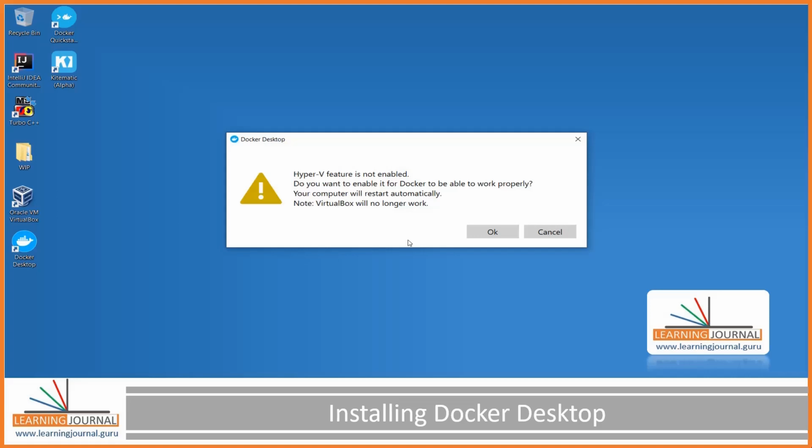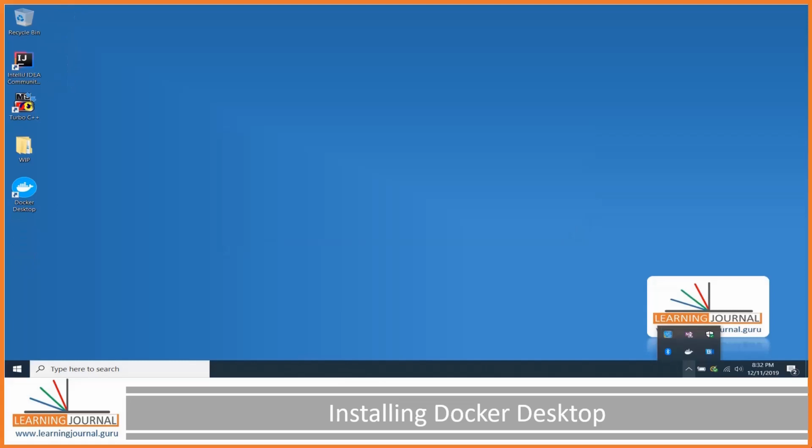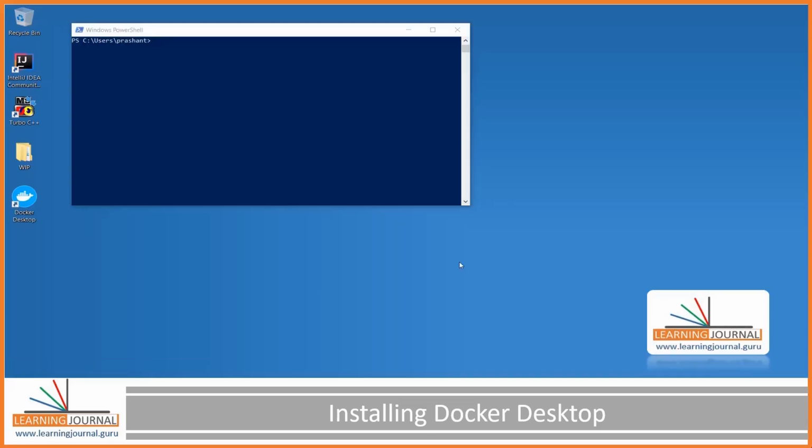Go ahead and press the OK button. After the restart, you should be seeing a Docker icon in your task pane. Docker Desktop runs as a service and it should automatically start. If you don't see it running, you can start it using the desktop shortcut. That's it. You are ready. Start Windows PowerShell or even the older CMD tool will do the job.